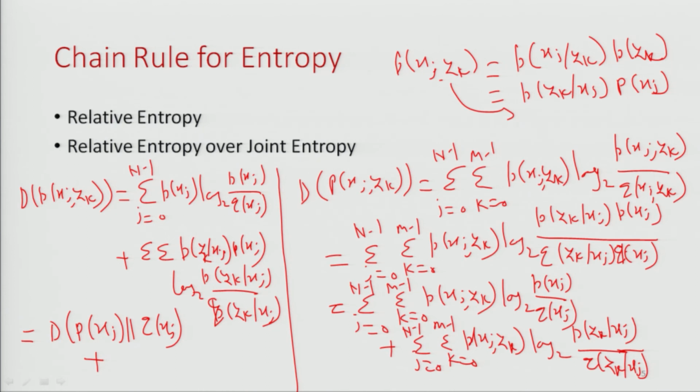can be written as D of p(y_k upon x_j) over q(y_k upon x_j). Okay. This is the chain rule basically. That is, the joint relative entropy can be decomposed into these parts. Okay. This is the joint entropy. Now, next